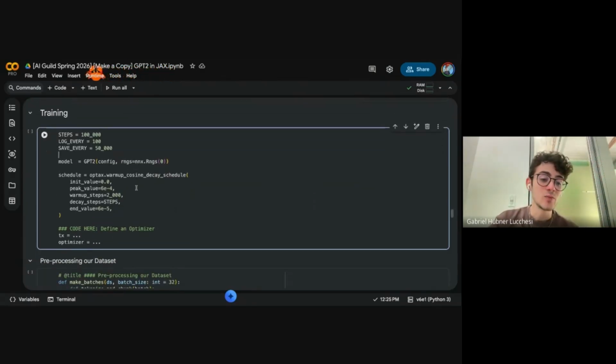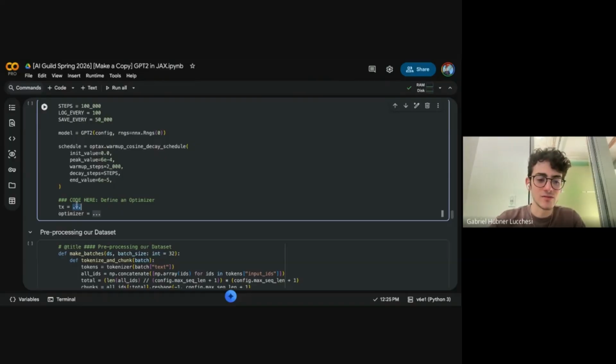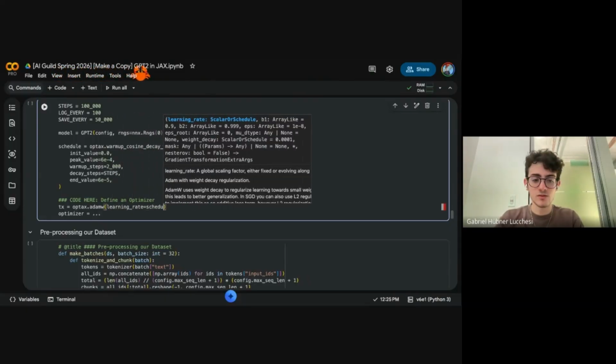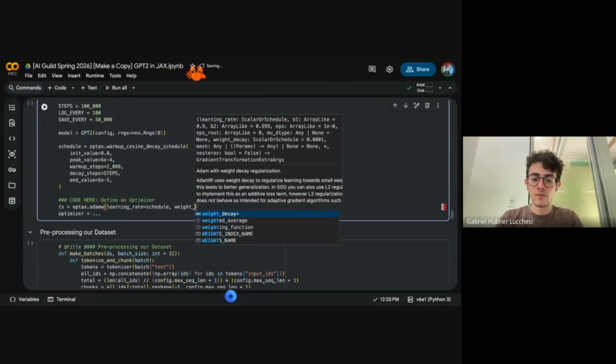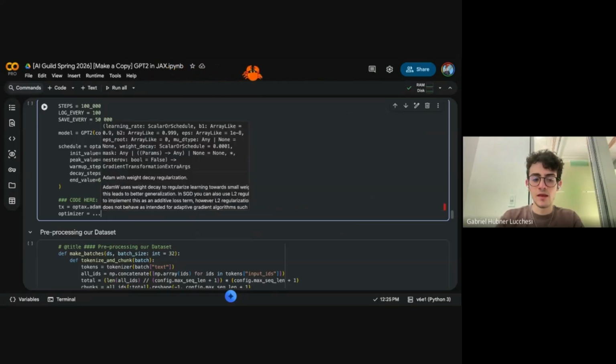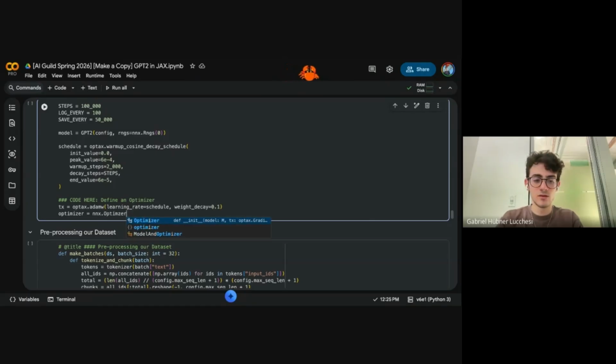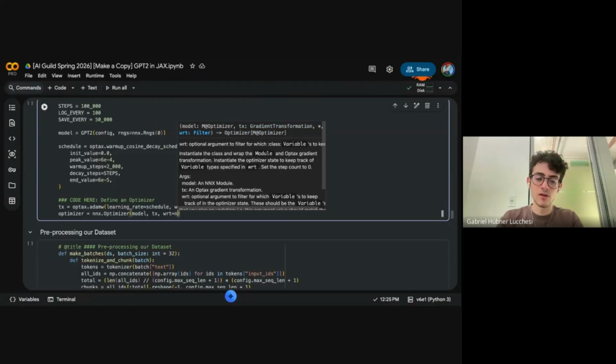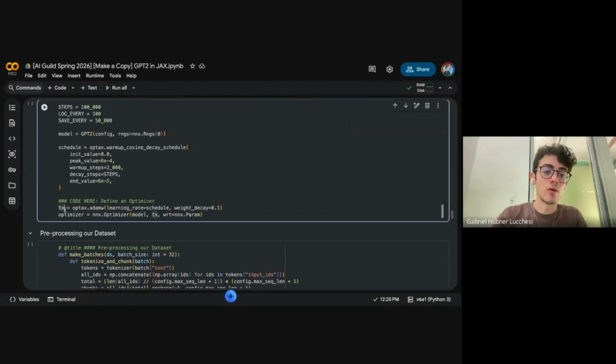Okay, so our training loop is just going to be controlled by this optimizer schedule. You don't have to do the schedule, but essentially we just use this optimizer that's famously known for being really good. It's called AdamW, like this. And then we just pass the learning rate equals schedule, and then the weight decay. You don't have to worry about this. And then we create an optimizer. We pass our base model, our dumb model, to the optimizer, and then just say that we want to optimize everything that's a parameter.